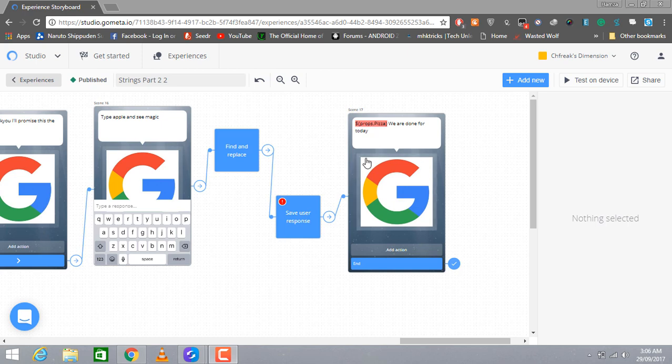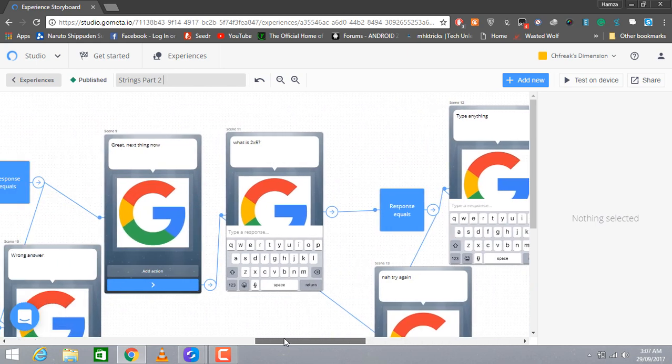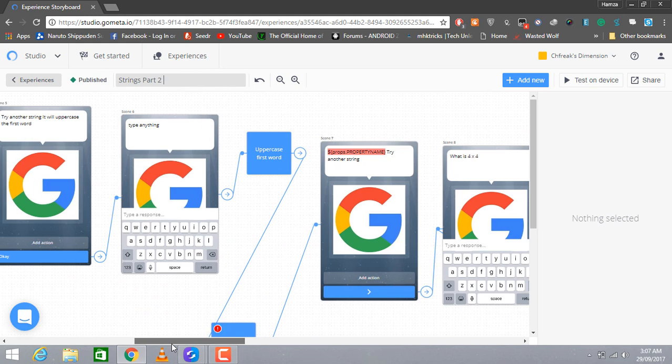Today I'll be discussing strings, and this is part 2 of strings, as I'm going to highlight this extra 2. This is what I've made before. It's a long scene. Now I'll be telling you how you can make yourself a known,